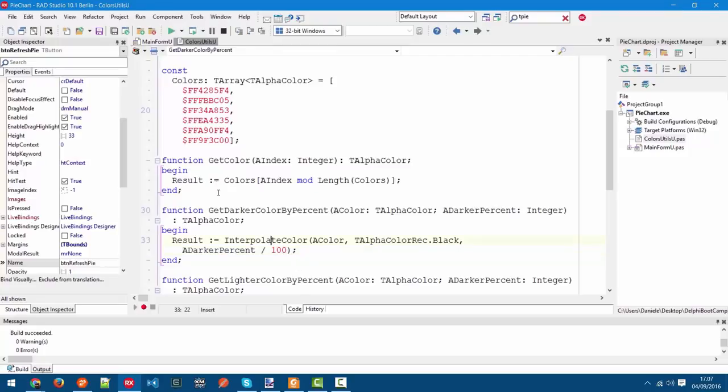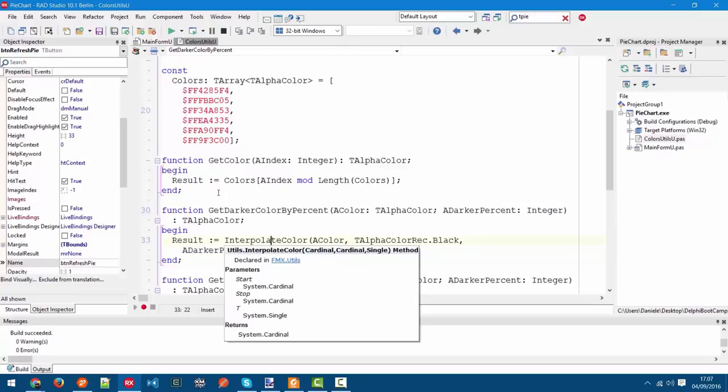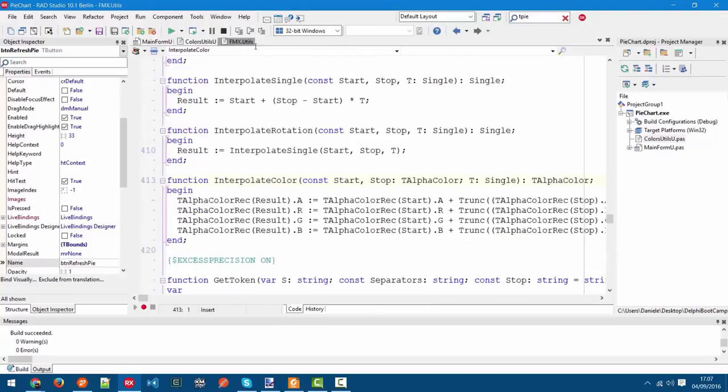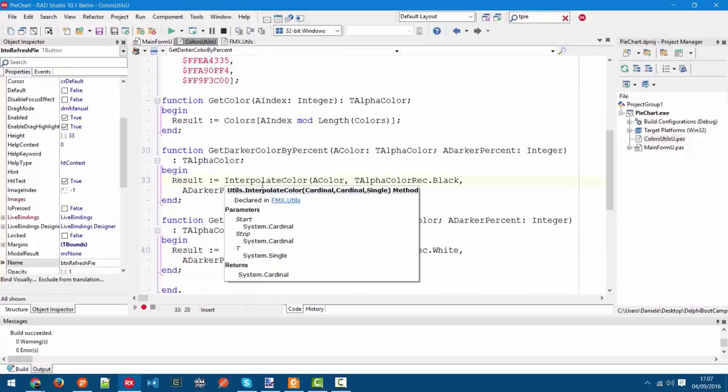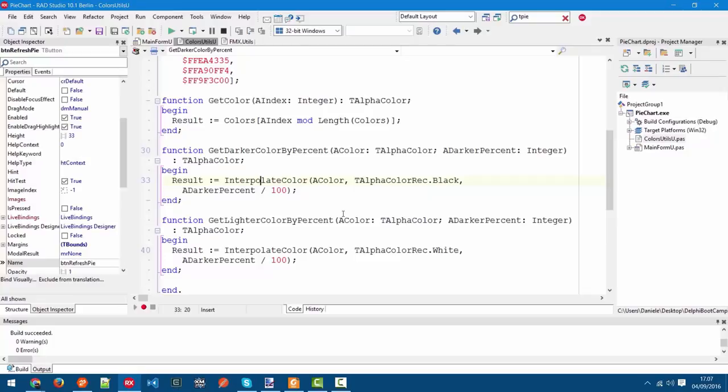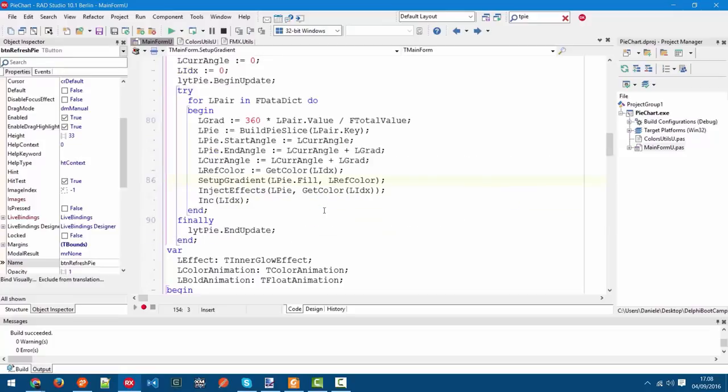In fact, this InterpolateColor is in the FMX.Utils unit, but it's really useful and simple to use, because we can make a darker color simply passing black as a destination color, or we can, for example here, get a lighter color simply passing white as a target color and passing the percentage we want to reach. Going back,